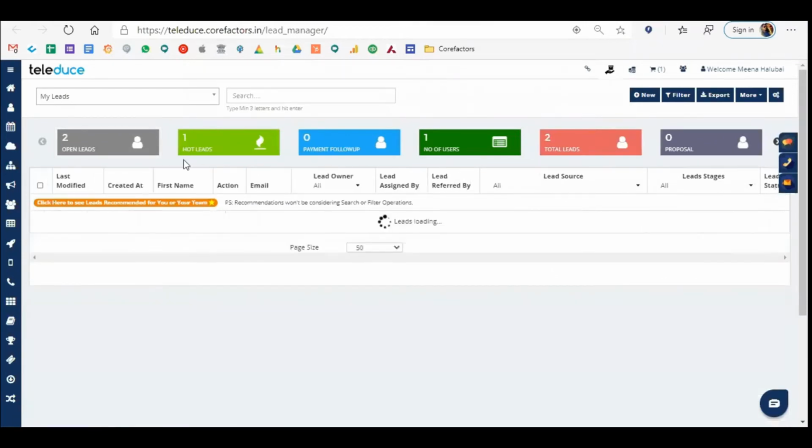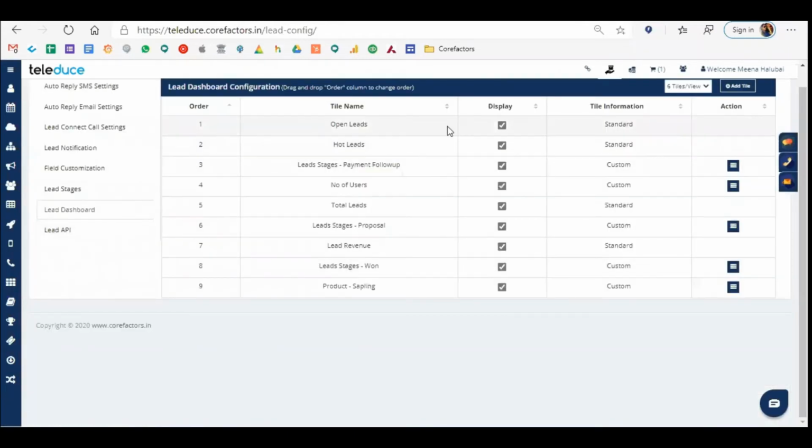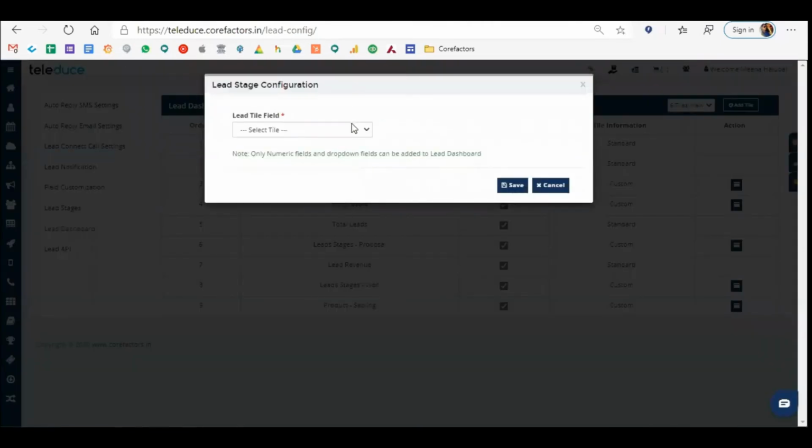So like this, if you want to create, you can create it in the option called lead dashboard. By default, we have given the first 4, or if you want, you can create your own also. For creating your own, you can click on add tile. Make sure this particular information is available only for drop downs, not for text box. Okay, if you're giving a text area or date wise or something like that, that won't work. It will be available for you in drop downs or multi drop down option only.